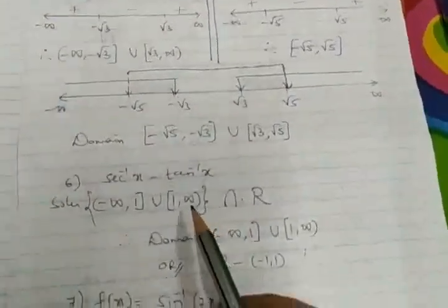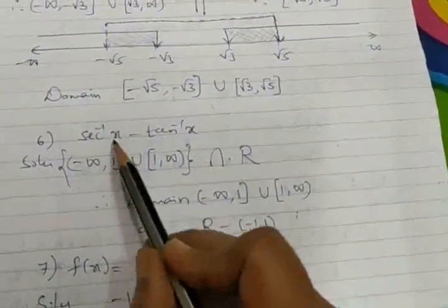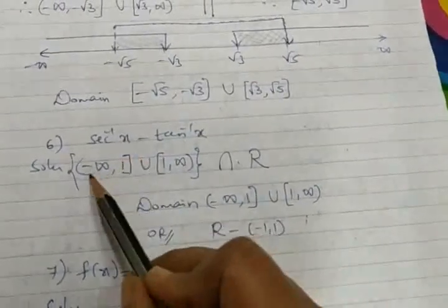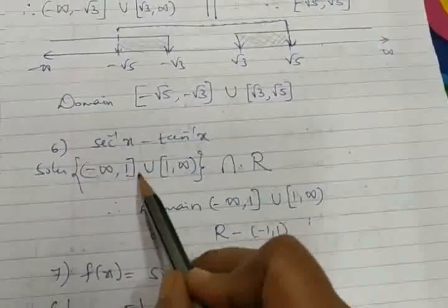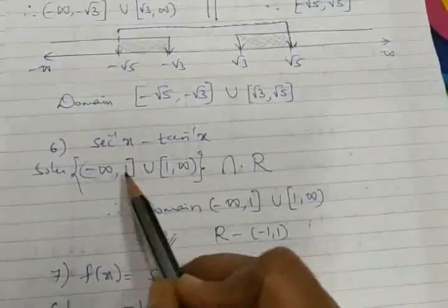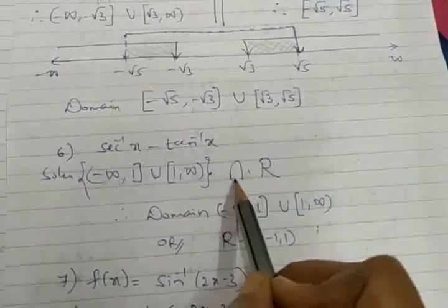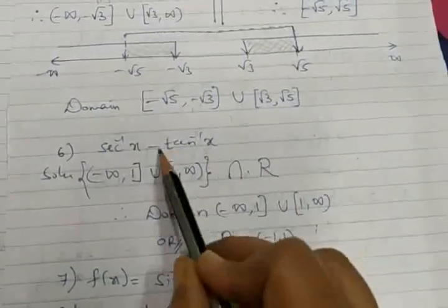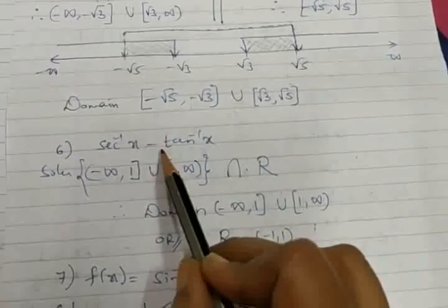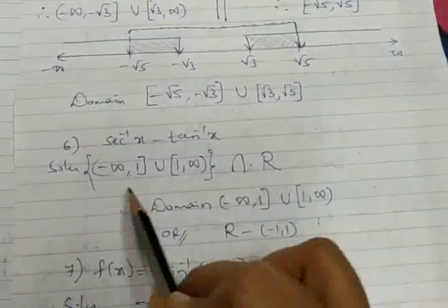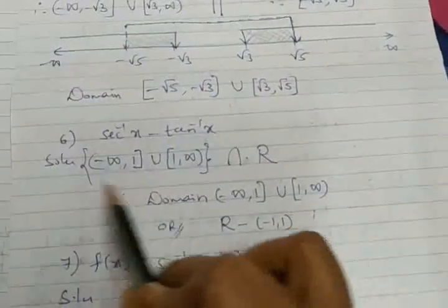Okay. So similarly, one more question I have taken here: sec inverse x minus tan inverse x. Sec inverse x, you remember very well. It's minus infinity comma minus 1 closed union 1 to infinity, or you can say real numbers minus the open interval minus 1 comma plus 1, which is also accepted. Intersection, the common part is always taken. So I should say tan inverse x has domain all real numbers. What do you mean by the common part for this? The common part will obviously be this only, no?